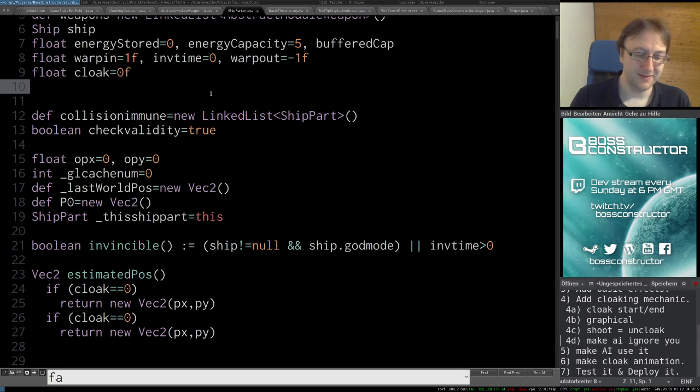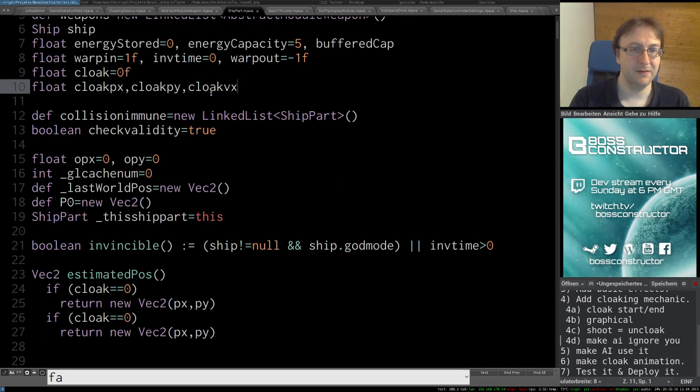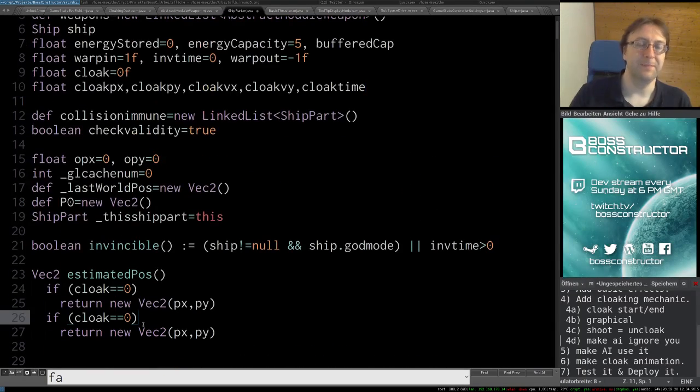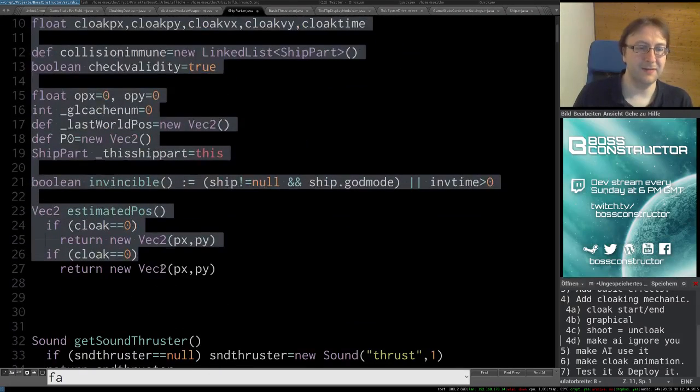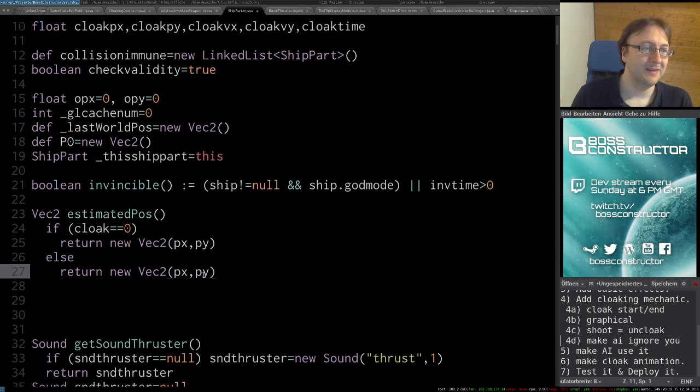You'll see. Okay, so we're going to add some variables. We're going to add cloak px, cloak py, cloak vx, cloak vy, and cloak time. Yeah, I think that's going to be really, really cute. Okay, so if we are cloaked, then the